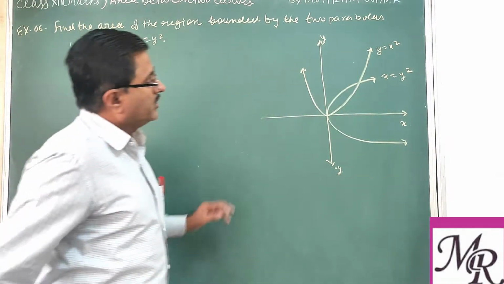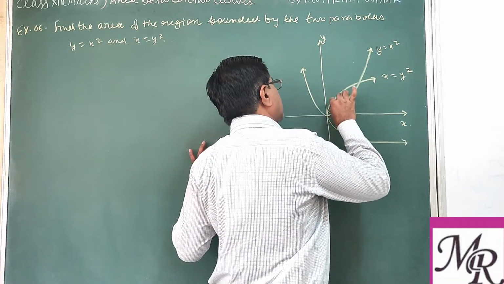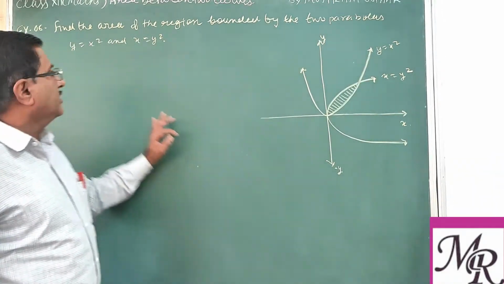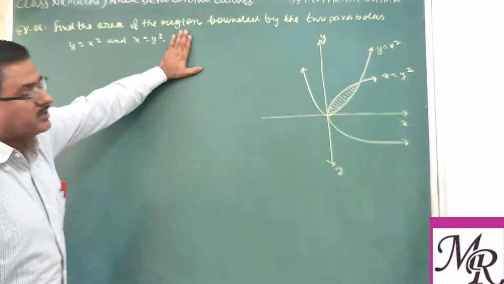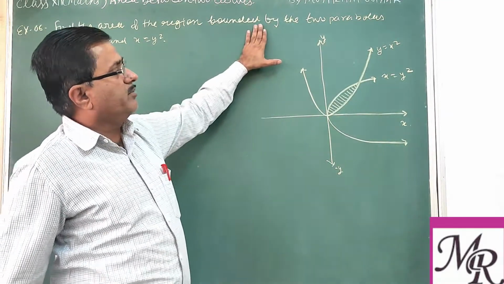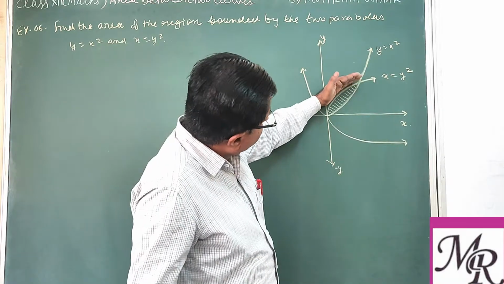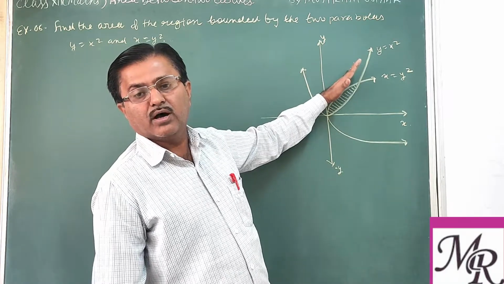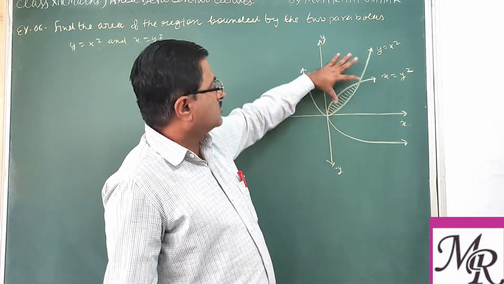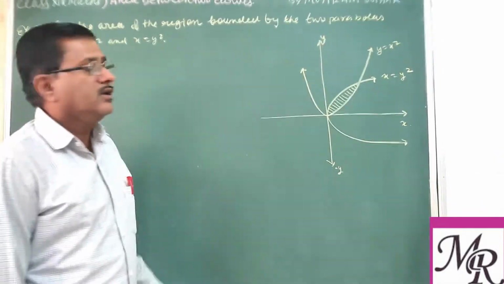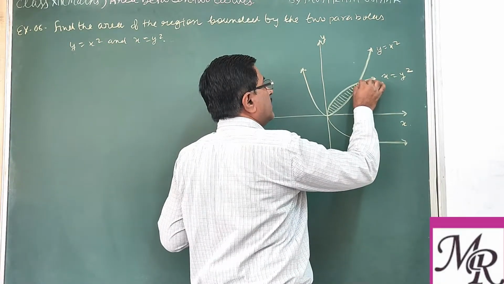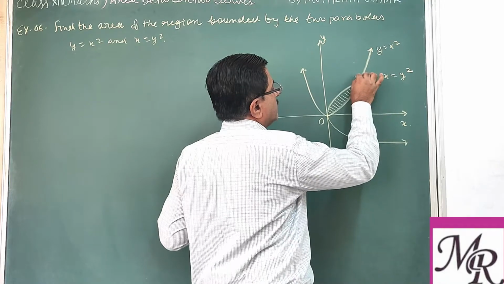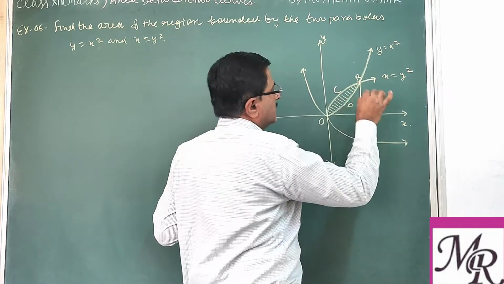Yes? So now the region common to these you have to find. This is very important. We have to find the area enclosed by these. Find the area of the region. Which region? That which is bounded by the two parabolas. From this side is the boundary of one parabola and from this side is the boundary of the other parabola. So both sides are bounded, and this second portion we have to find. Before that, we have to always find the point of intersection. This is O, A, B, here C and this is B.